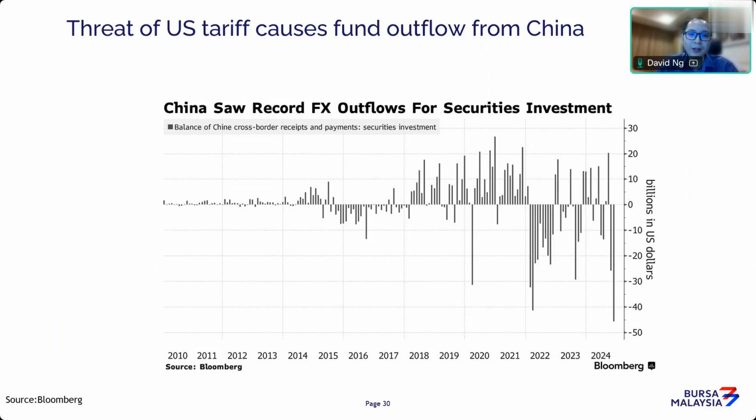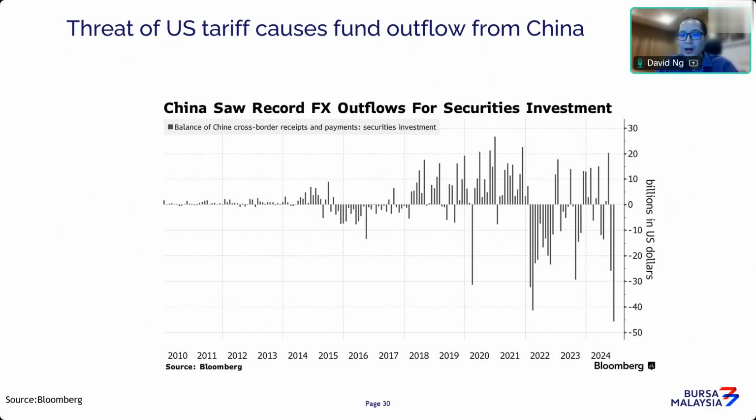Now, when you look at it, I think China is struggling in its own economy. If you just look at the forex flows from China itself, they recorded a lot of outflows. It tells you that people are moving assets away. I think these are all in preparation for tariffs. When the US starts to implement tariffs, a lot of foreign holders of China assets start to sell China and repatriate their money back into the US market as a way to counter the tariff move.